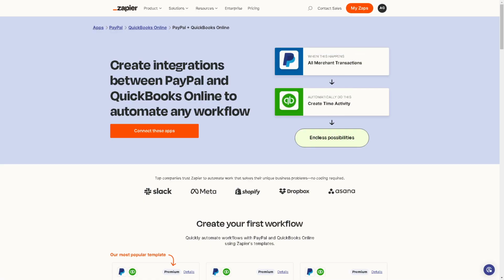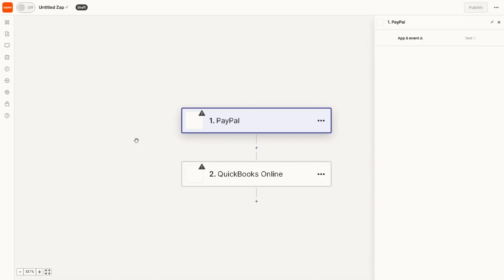Now, the third option is if you have an account in Zapier, you can create integrations between PayPal and QuickBooks Online to automate any workflow. And by following these commands, such as a successful sale to create a refund, and get all these endless possibilities. All you gotta do is click on the orange button here to connect these apps. Once you've done that, you will be directed to a new page wherein you can rename this Zap. We're going to have an in-depth tutorial about this, but in summary, all you have to do is